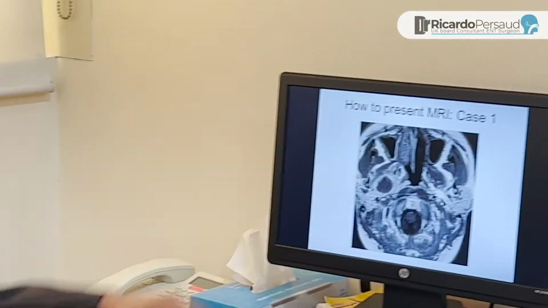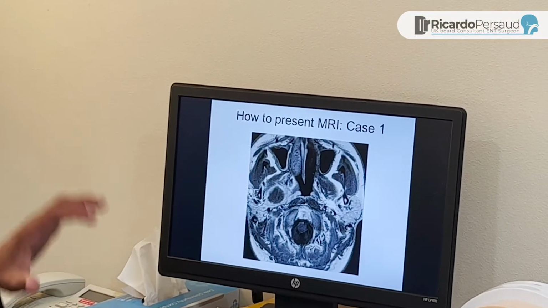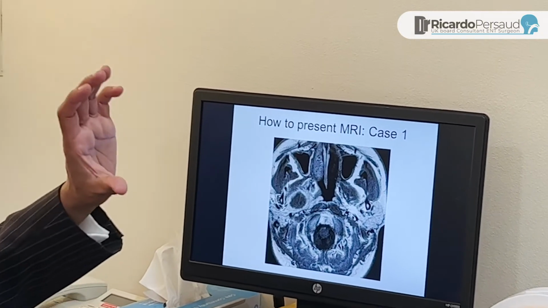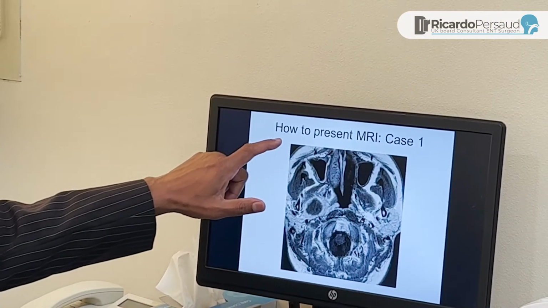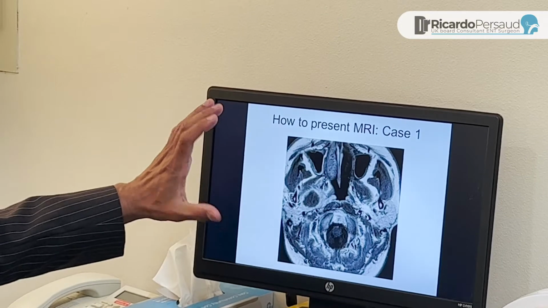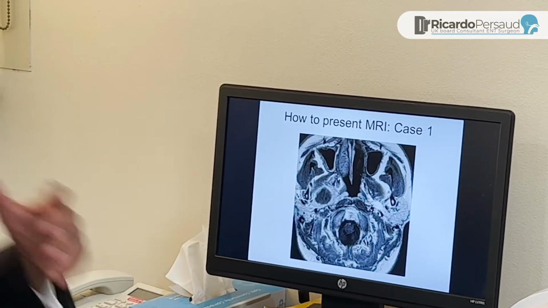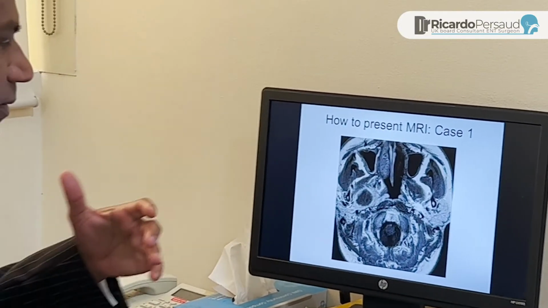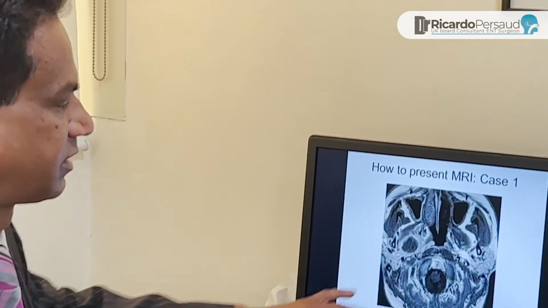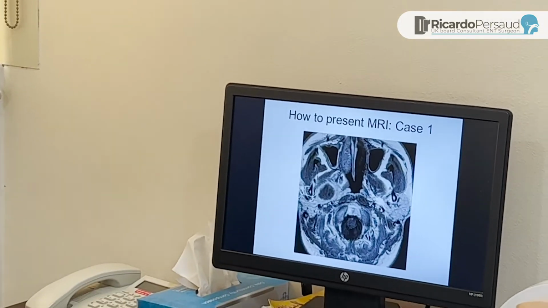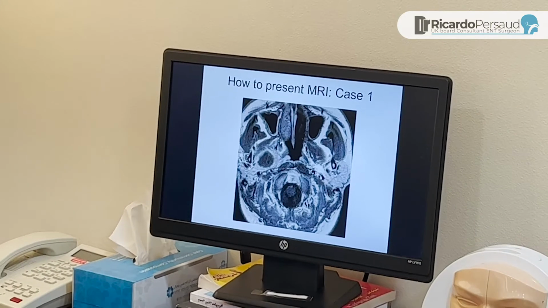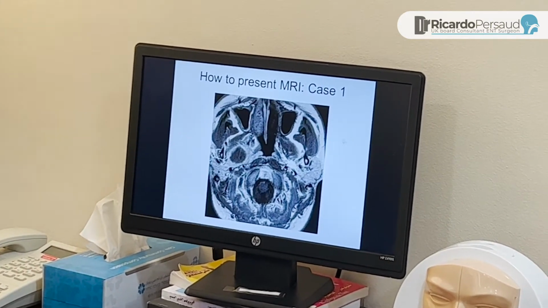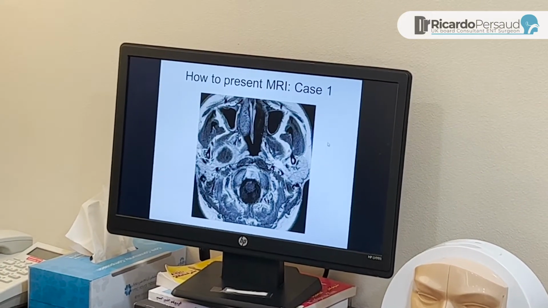This is a section, a typical section. Now we're going to use this section to illustrate how to present an MRI scan, to look professionally and to look structured in your approach to addressing an MRI scan. So you can be given this slide, for example, in an interview or an exam, and asked to describe it. How will you start? So for this section,